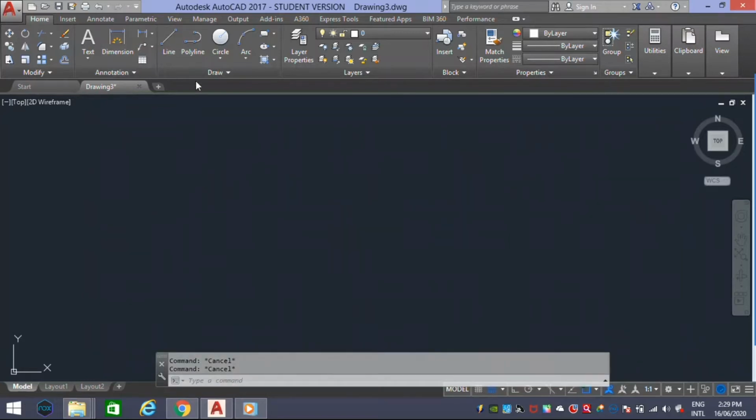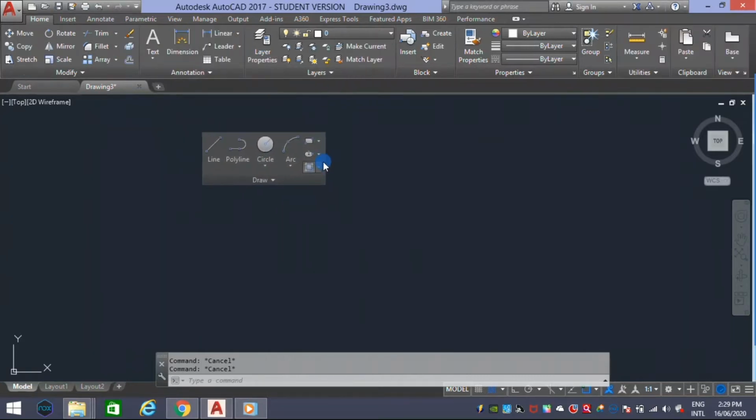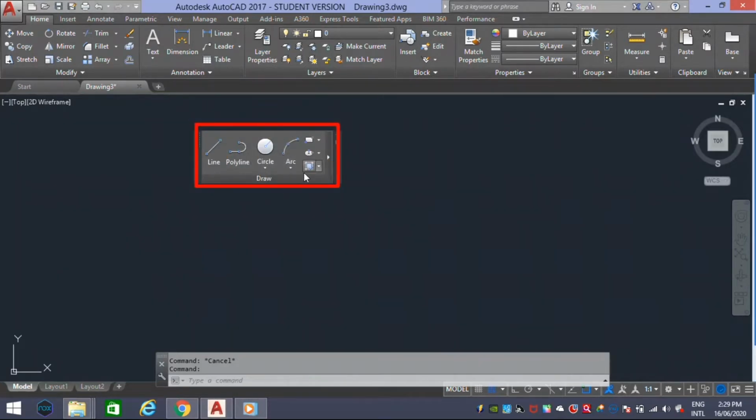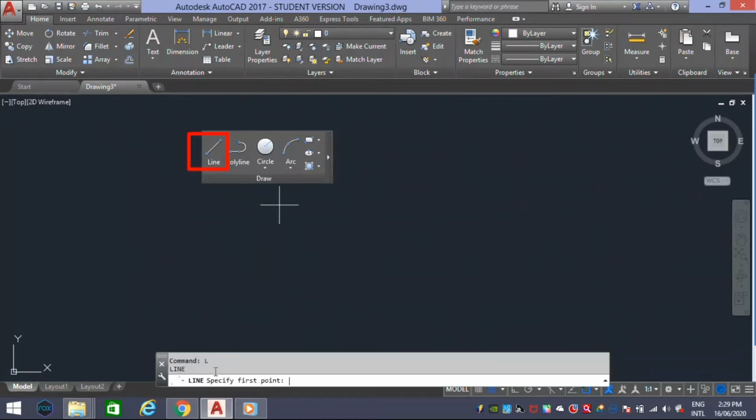Firstly, the Draw toolbar. Pre-explanation: here I am dragging the toolbar onto the sheet so that it's easy to focus. In these tools available are line, rectangle, circle, arc, etc. Firstly, line. It creates straight line segments in a line object, and each segment can be edited separately. I will show you here. Or we can use the shortcut L enter. Make sure on using every tool shortcut, check on the command panel whether it is applied or not and what it is asking for exactly to do next.